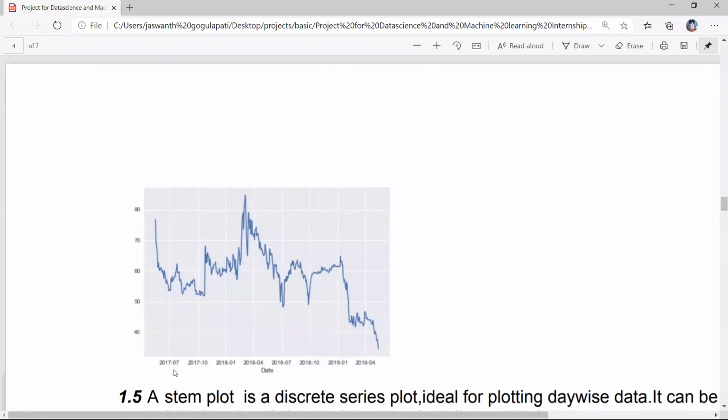From the date of the 10th month of 2017, we have like 40 millions, like that. We'll draw the predictions, means close price versus dates, regarding how the trade has gone. By seeing the graph, you can say during which months our profit is high or loss is high, or whether the company gets profit or loss, like that.